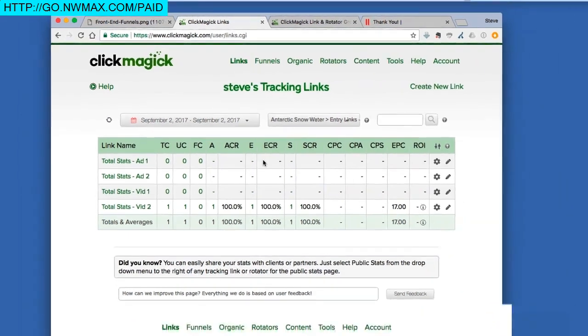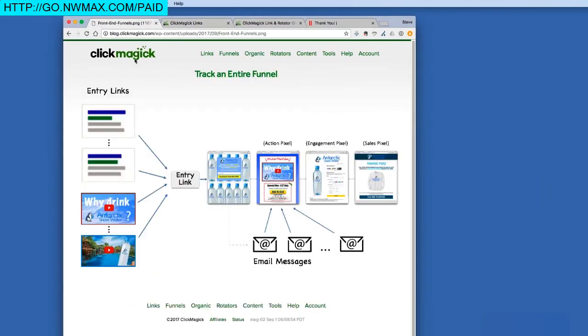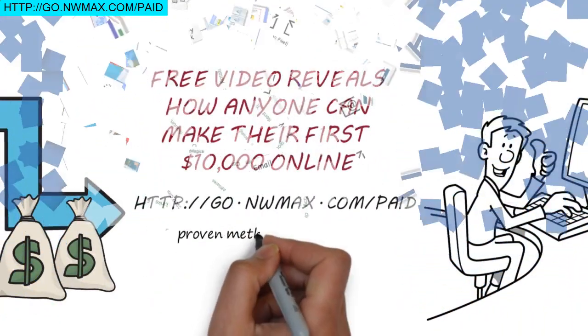But now you have everything here. You've got your entry links set up, you've got your email links set up, you've got your funnels set up, all the pixels are firing properly. You're good to go. So if you have any